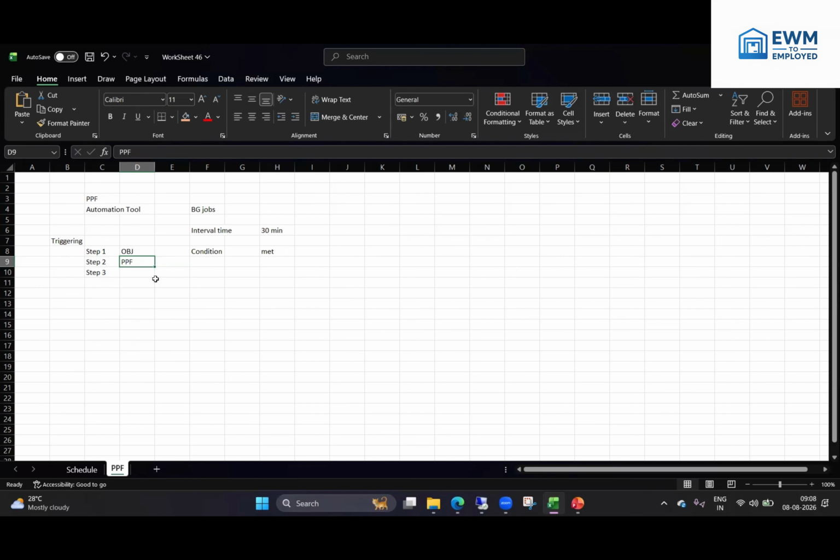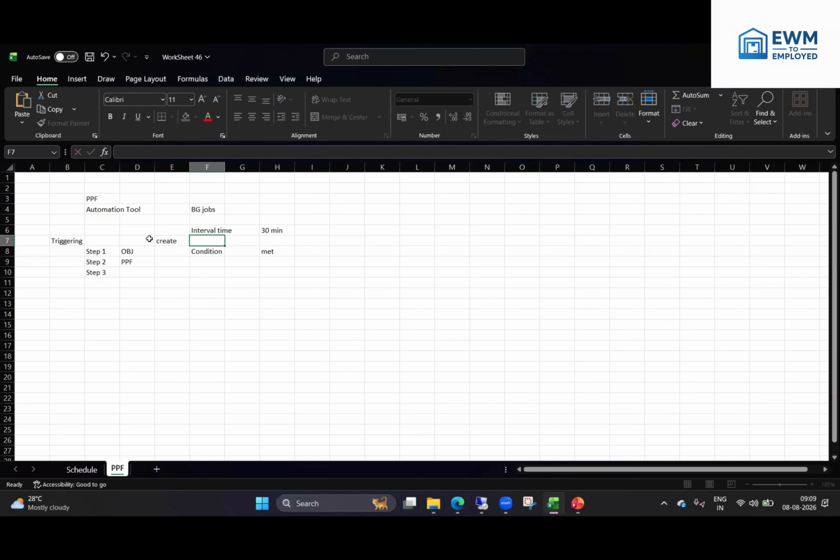Now, if you talk about the condition, you'll ask me, sir, what kind of condition can we have? I'm talking on a very high level again. My conditions can be that this object can be created, changed, or deleted. We agree on that. Any object has these three steps. Once it gets created, it can be changed, and it can be deleted as well. So either this object can be created,